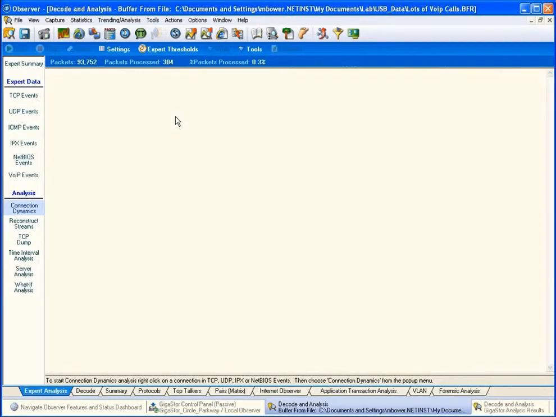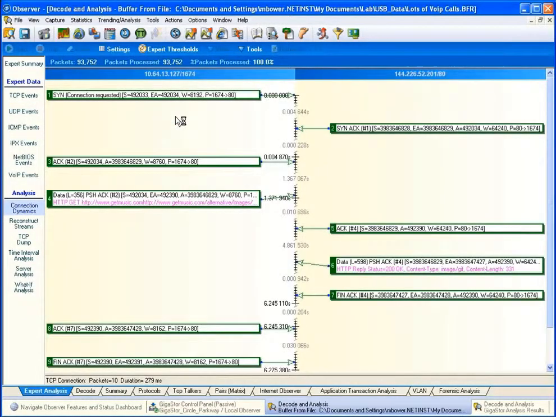With the connection dynamics, I'm able to look at a bounce diagram left to right. So I see the original SYN packet, the SYN ACK. Dropping down here to packet 4 of this stream is my HTTP GET. And packet 5 comes back with an ACK sub-second very quickly. That ACK is, though, for the push bit that's set. Down in packet 6, I see my HTTP reply status 200 OK, and that's almost 5 seconds later, which is